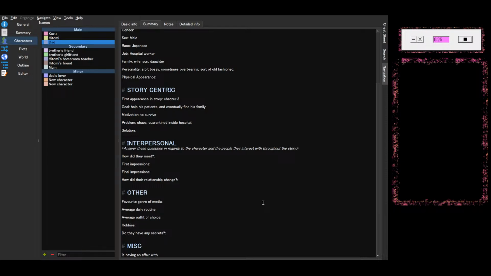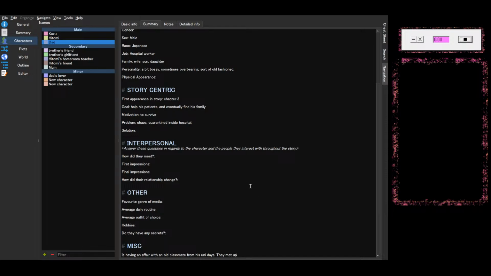Ooh, we've only got like 20 seconds left on the timer. That's all right. Not a colleague. What have we got? A woman from his uni days. We'll say they